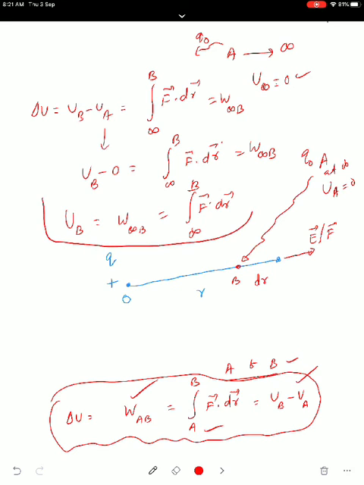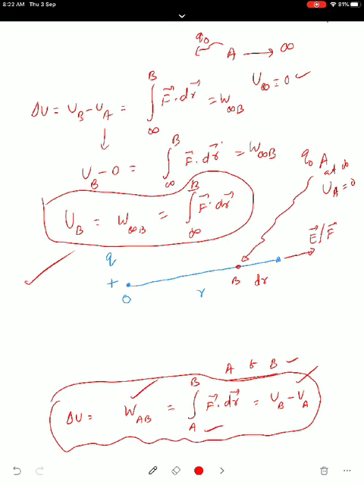All should learn this. Write this equation 5 times in the copy. So electrostatic potential energy at a point in the field of any charge, that charge we call a source charge, is defined as the amount of work done in bringing a test charge from infinity to that point without any acceleration, because you have to give a force which is equal and opposite to the electrostatic force. How to calculate this? The method of calculation is integral. It is a line integral.